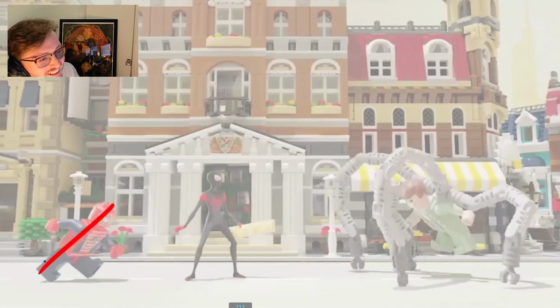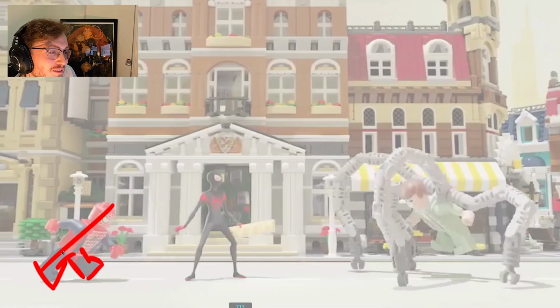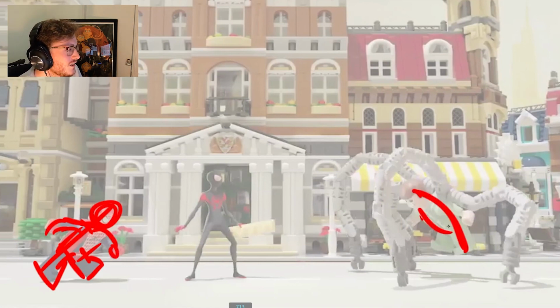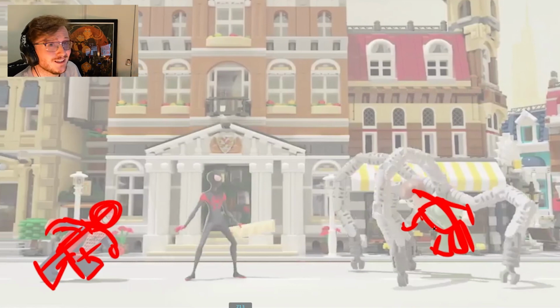I love this. He still feels kind of unbalanced for a Lego character. I guess they're quite light, so you can literally put him off balance, but I love how he's trying to make dynamic poses while still making it feel like a rigid Lego character. And you see there's still a nice line of action in the body here. It's almost like this guy worked on Lego Movie. If he didn't, he definitely should, because this guy knows his Lego animation.